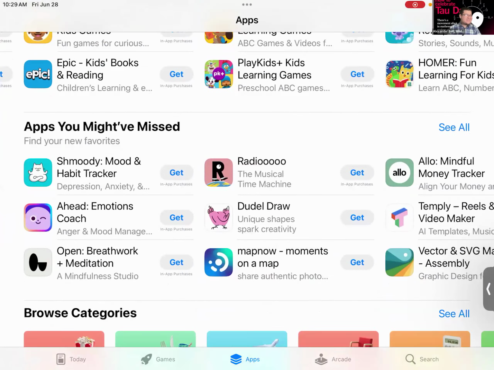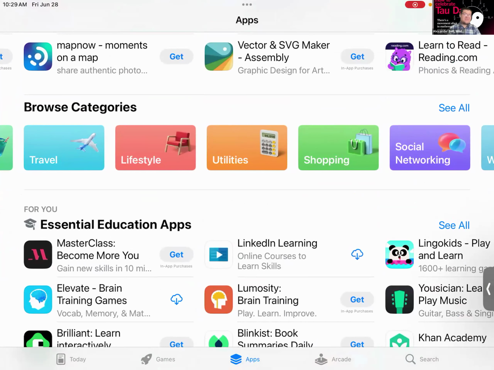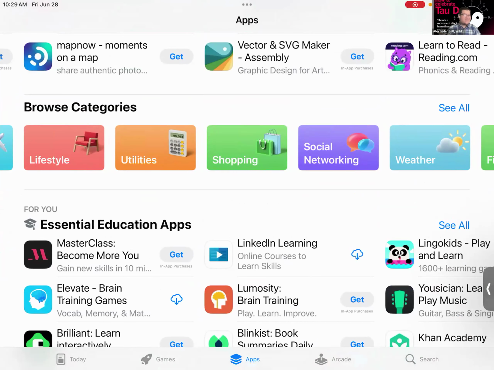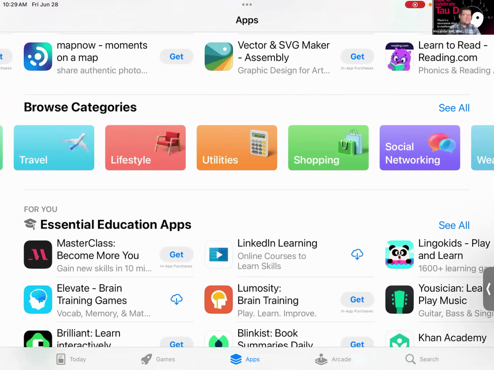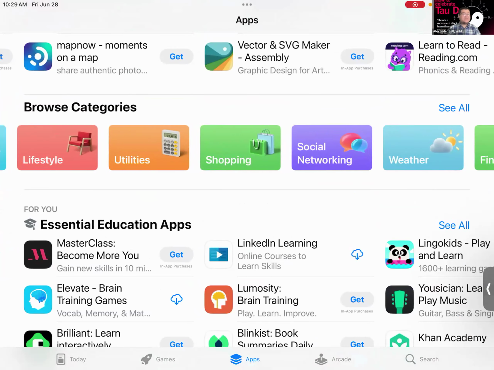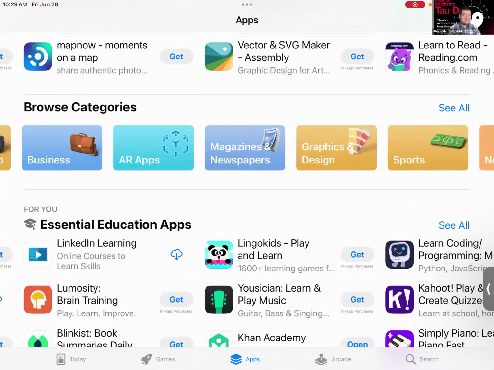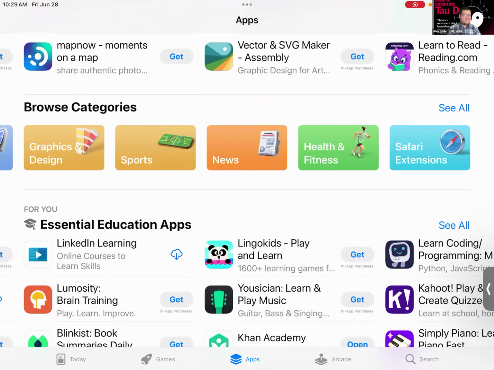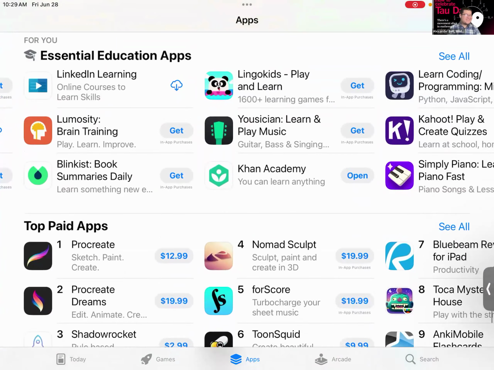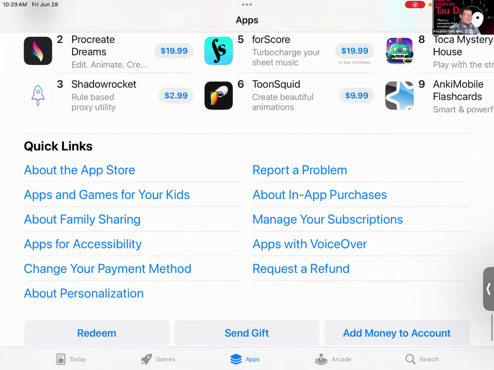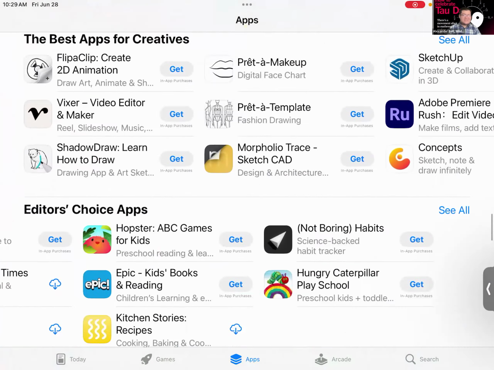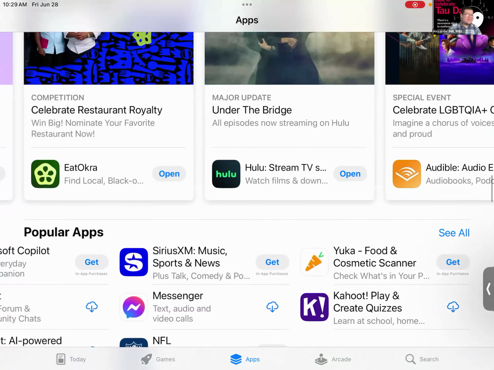And again, you can go by category as well if you want weather apps, even though there's already a weather app, but hey, again, just more to take advantage of. Utilities, lifestyle, travel, food and drink, finance, productivity, photo and video. I mean, there are many different kinds of apps to take advantage of. Education apps, paid apps, many different kinds of apps that are available.